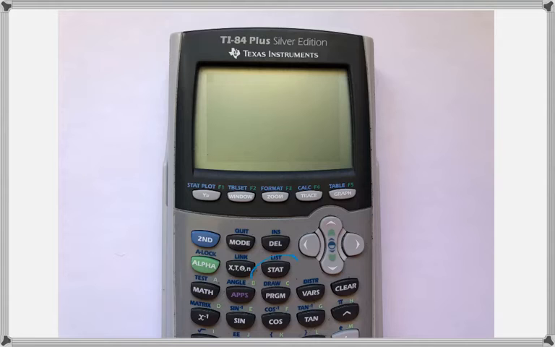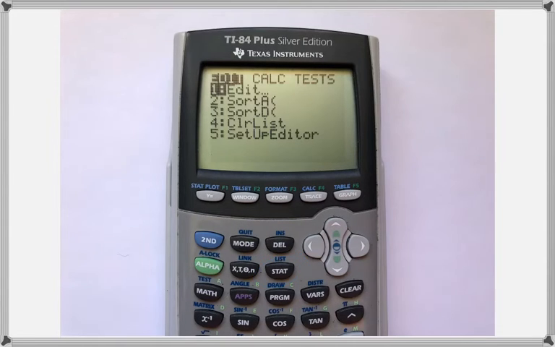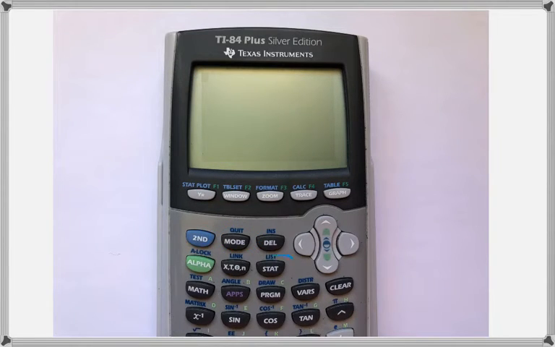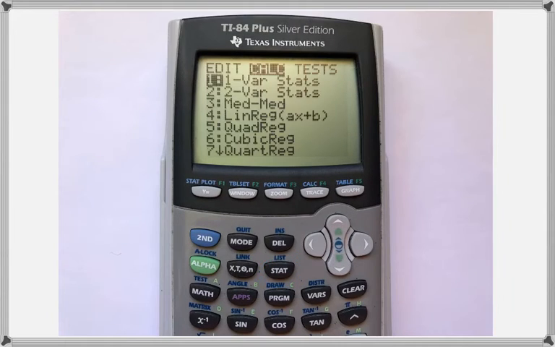So press Stat, select Edit, and then I'm entering in my scores into L1 and the frequencies into L2. And then quit out, go back into the Stat menu, go over to Calc and select 1-bar stats,